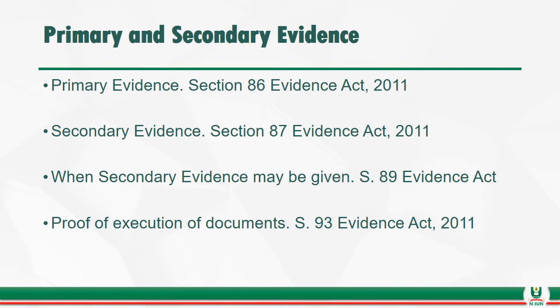And we see that the law defined primary evidence in an exclusive manner. It says primary evidence means, so it means that any form of document which does not fall within the category of this definition is not a primary evidence. And we may have to look at section 87 of the Evidence Act for the purposes